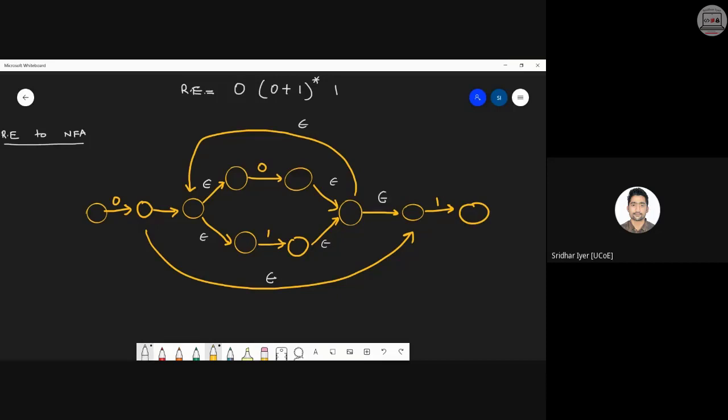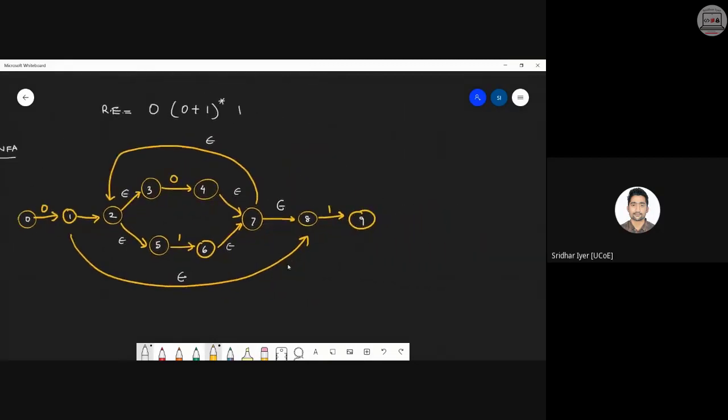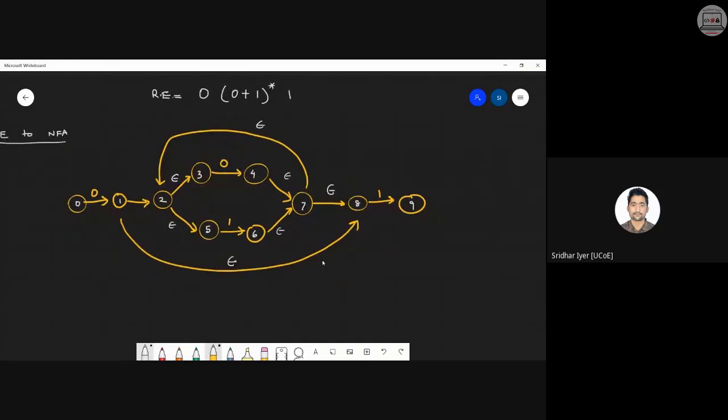Now quickly number up the states. This is 0, this is 1, this is 2, 3, 4, 5, 6, 7, 8, and 9. So I'm getting it in 10 states. So 14 states was theirs, I guess, kindly check once. I'm getting it in 10 states. What about others? Kindly let me know. This is the diagram for it. I am getting the answer in 10 states, okay, including 0 and 9. So it becomes 10.